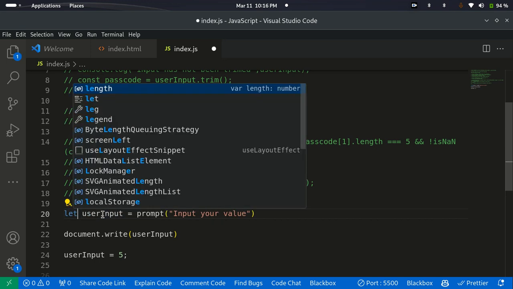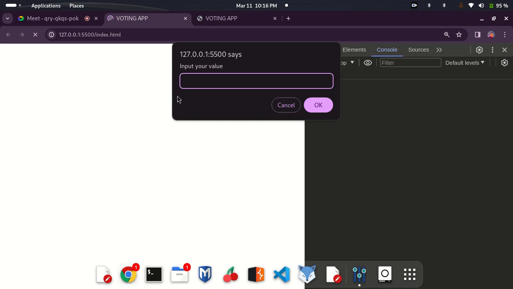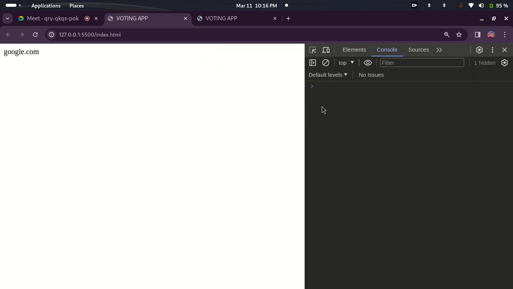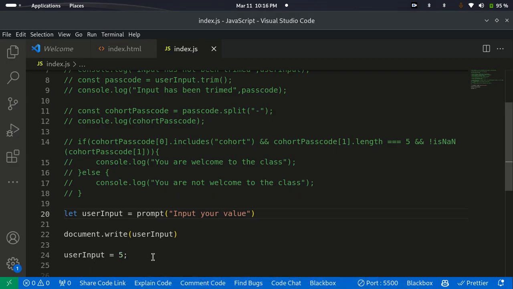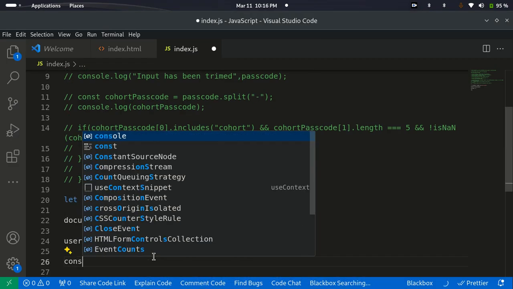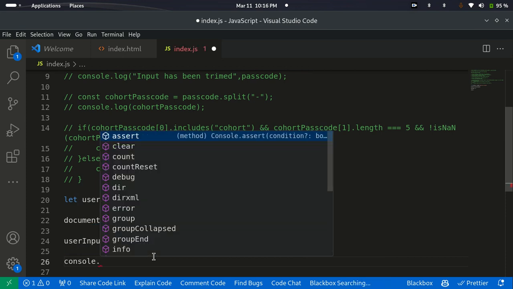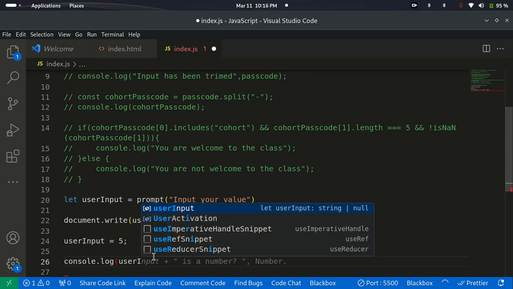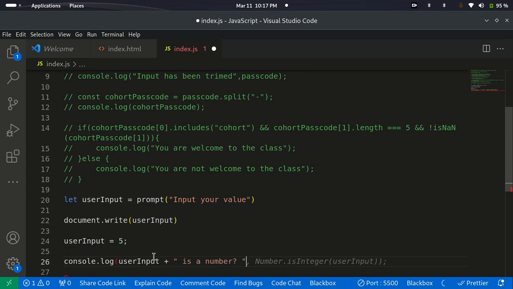If I now use this as let or var and save, my code will run normally, because this will be assigned to user input. Then after this, the 5 will now be assigned to user input. So if I come under my code now and print console.log user input, and maybe I save,